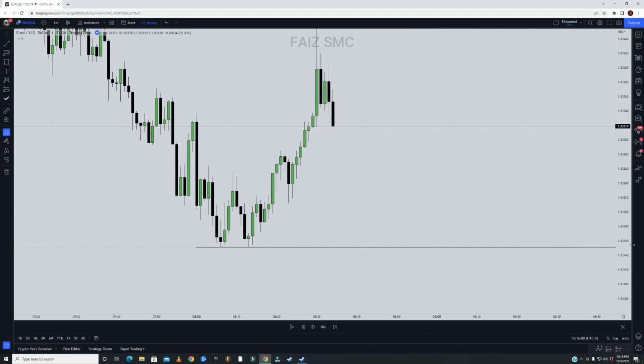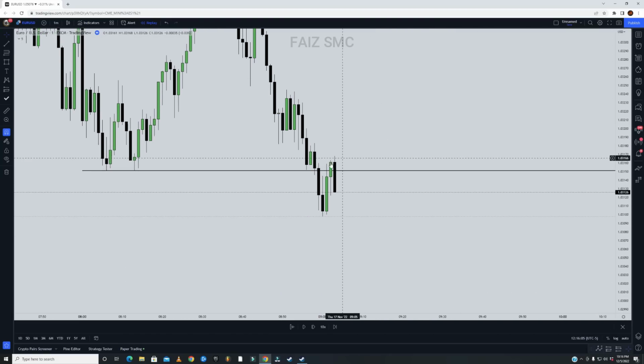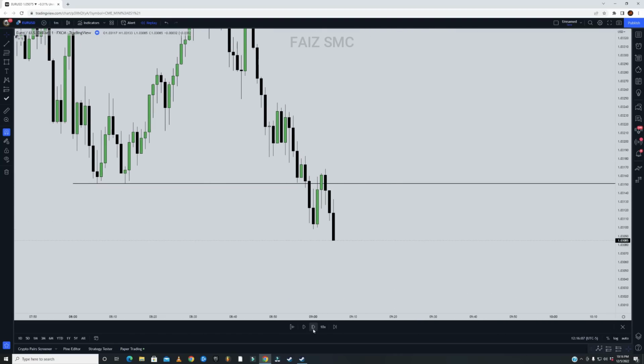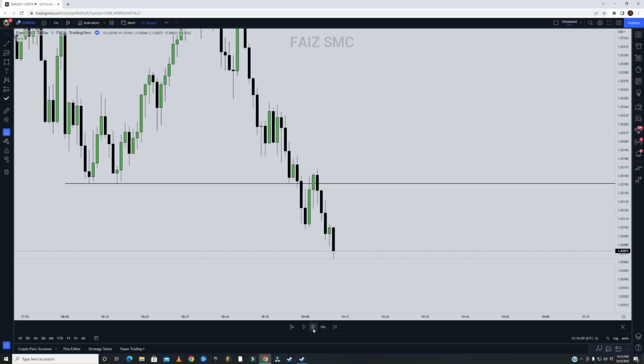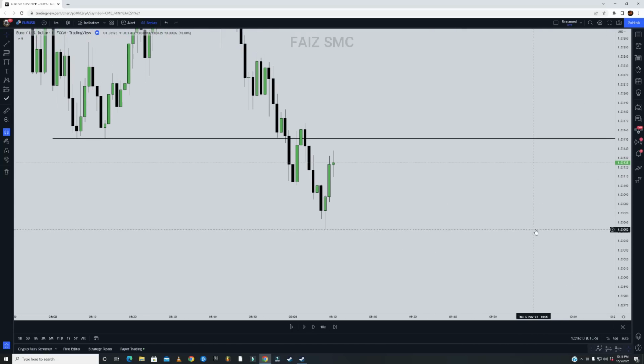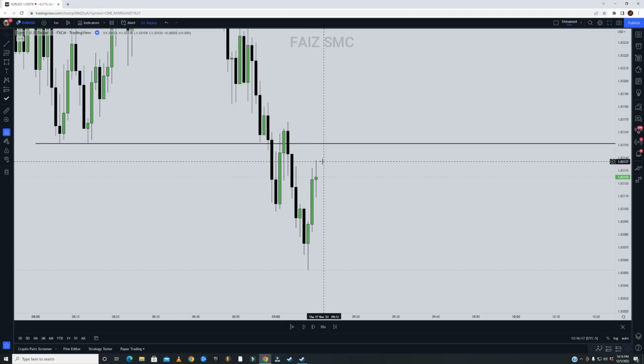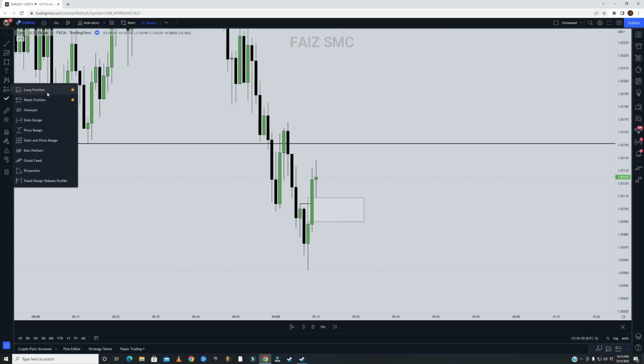Let's see what price does. As you can see, price took out the daily low. So let's wait for a market structure shift with displacement. You can see that we have this big bullish candle, like 3 consecutive bullish candles, 1, 2, 3, with a fair value gap, and we have broken this structure right here. So what we can do is simply look for an entry from this fair value gap,